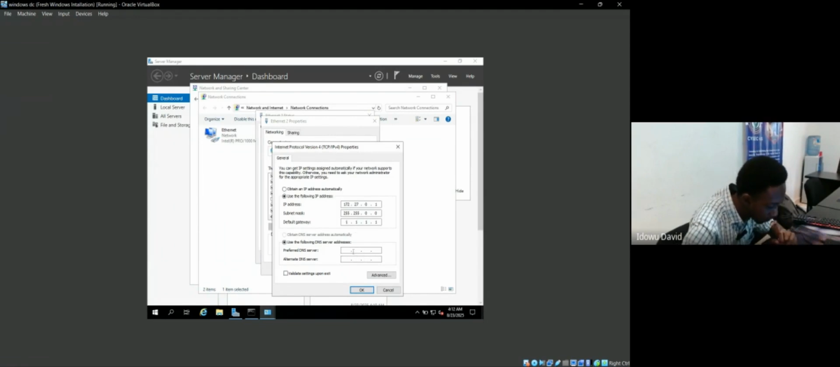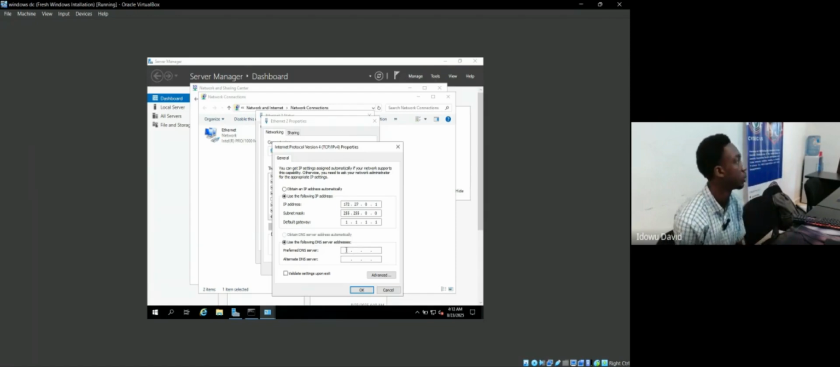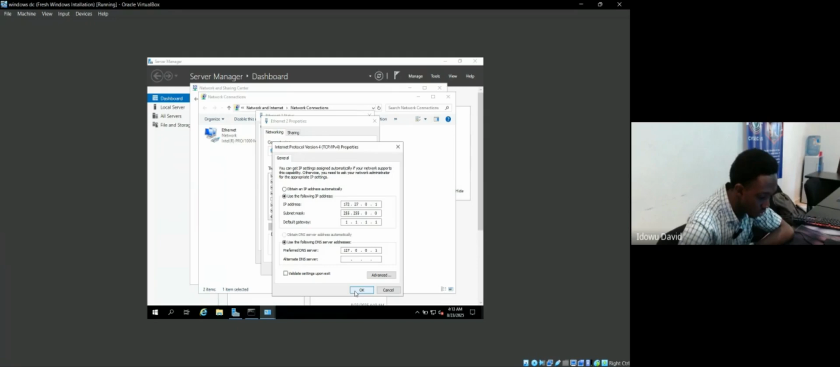Now, for DNS, most times you want to set up your domain controller because it uses DHCP. It automatically maps the DNS to itself. So because of that, we would most likely use a loopback address, 127.0.0.1, and then once this is done,